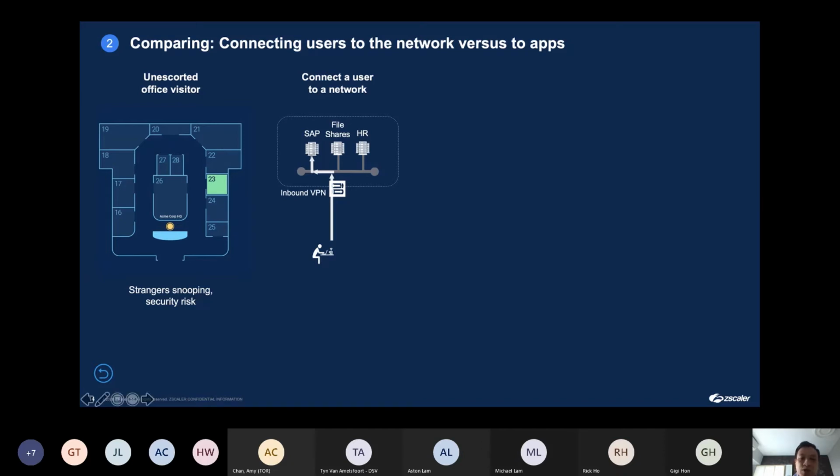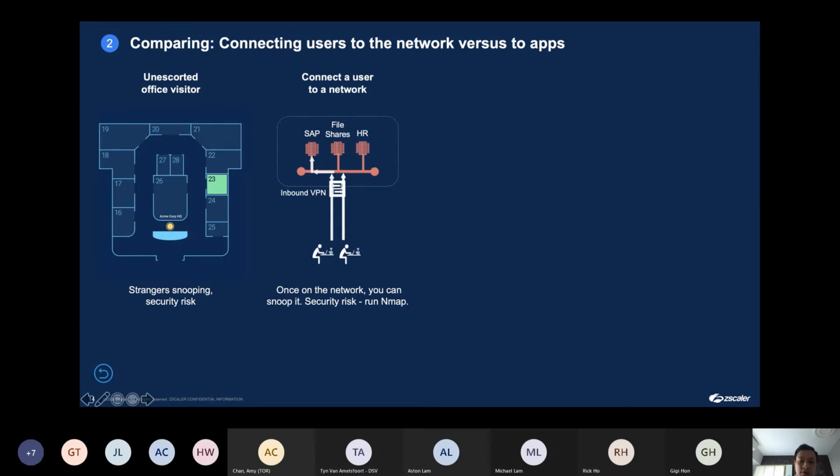We check whether the user has access, just like a visitor, whether we should grant them the badge. Once we grant them the badge, we actually allow them to connect to not just the applications they are authorized to access, but many other applications as well. This is what we have observed from many enterprises. They grant a corporate laptop to users, and the users can work from home, and they actually extend the corporate network to the user. So that user will have access to many applications. This is a problem because we are giving them too much access.